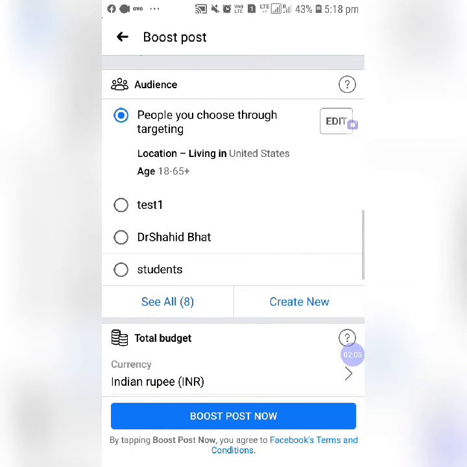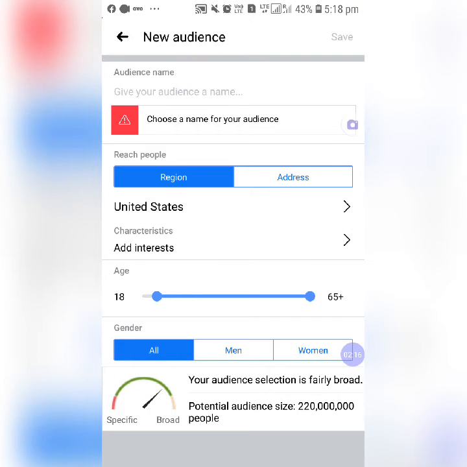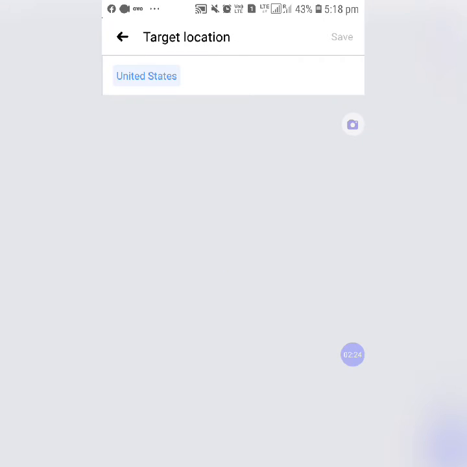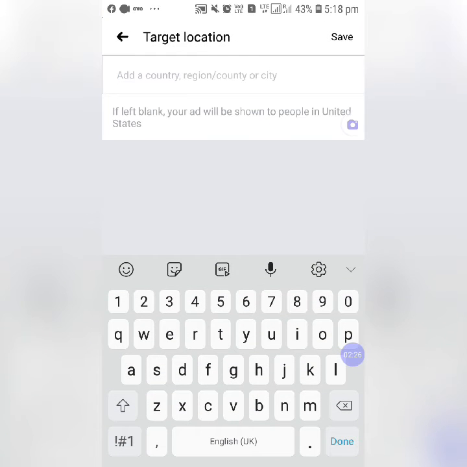Again here we can create new audience. Well, you can see we have to create a new audience. Under create a new audience, what we have to do is we have to select audience based on our region. If it is India, it is United States. Right now we can mention it is India.